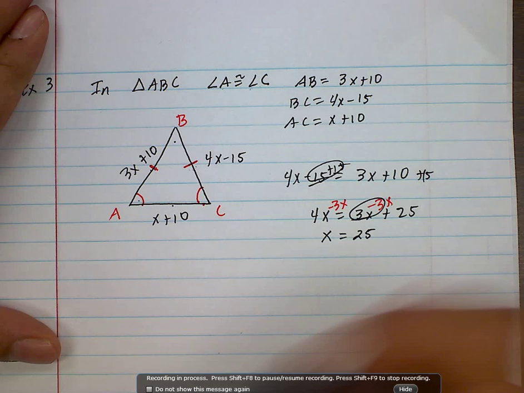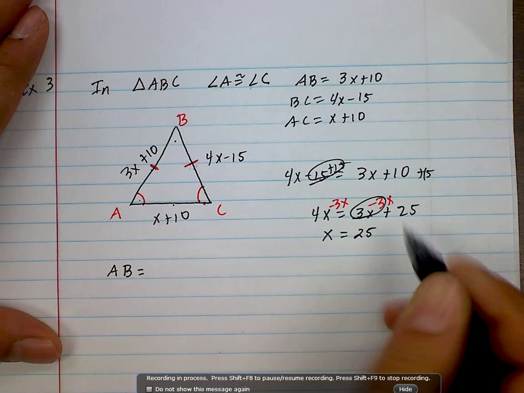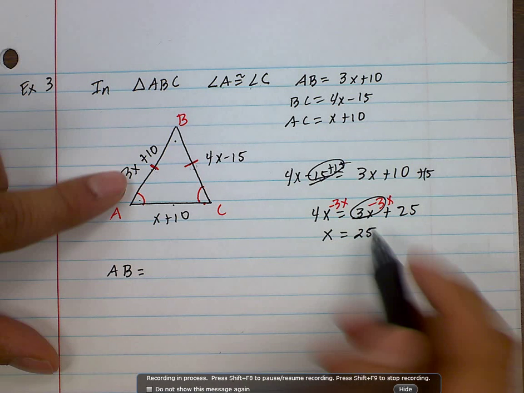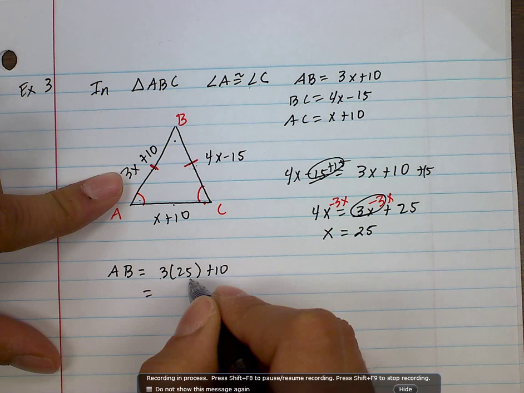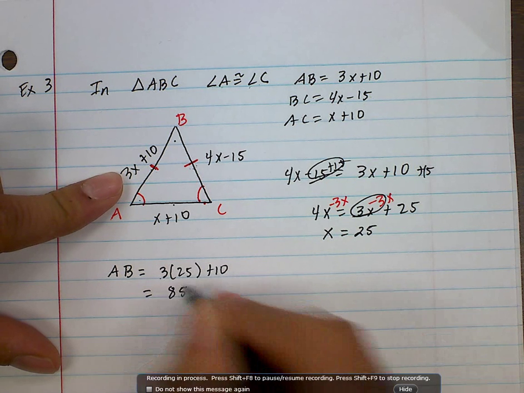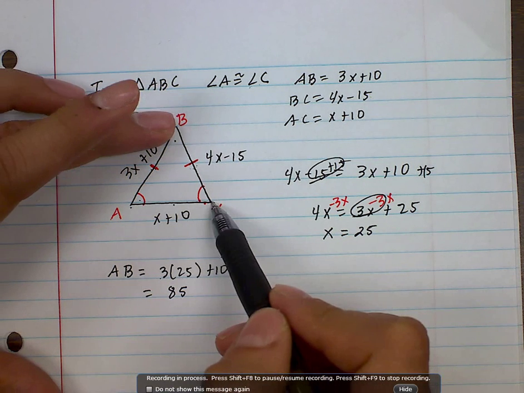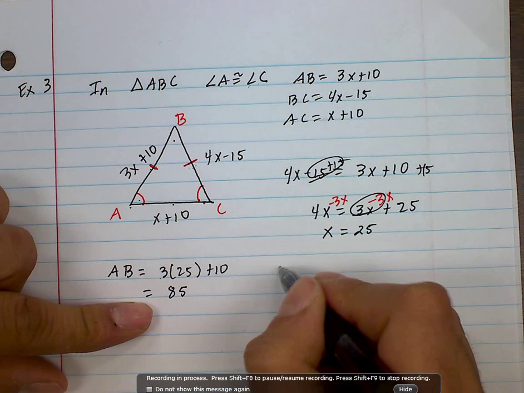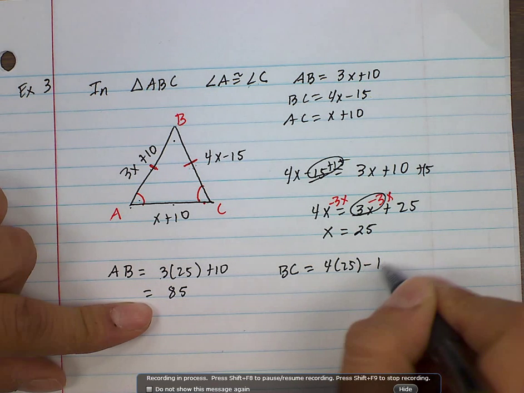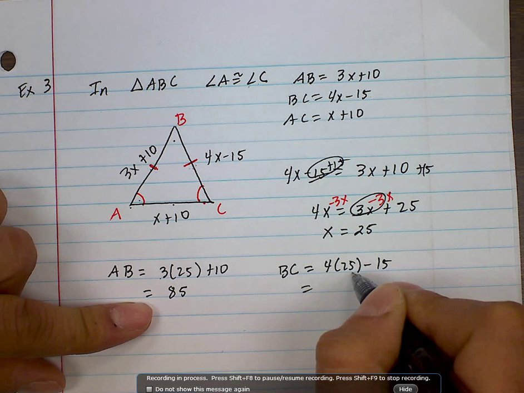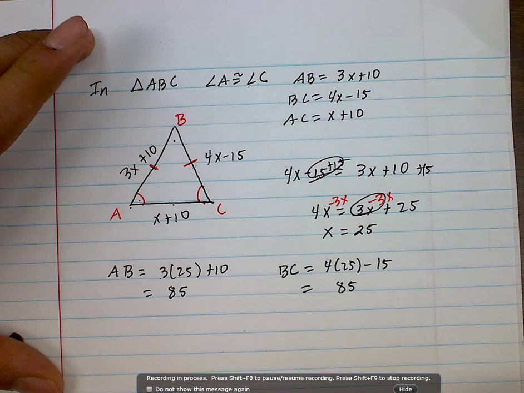So now, let's say they want you to find the actual length of AB. All you have to do is plug it in. So 3 times 25 plus 10, and that gives you, well, 3 times 25 is 75 plus 10, that's 85. Now, we don't really have to do math again because I know AB is congruent to BC, and that gives you 85. But if you want to double check, you can just plug it in. So 4 times 25 minus 15. Well, 4 times 25 is 100. 100 minus 15 is 85. So we just proved that it's